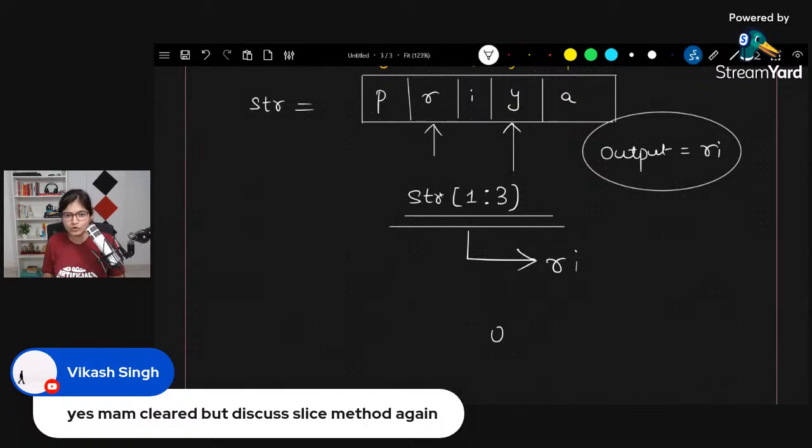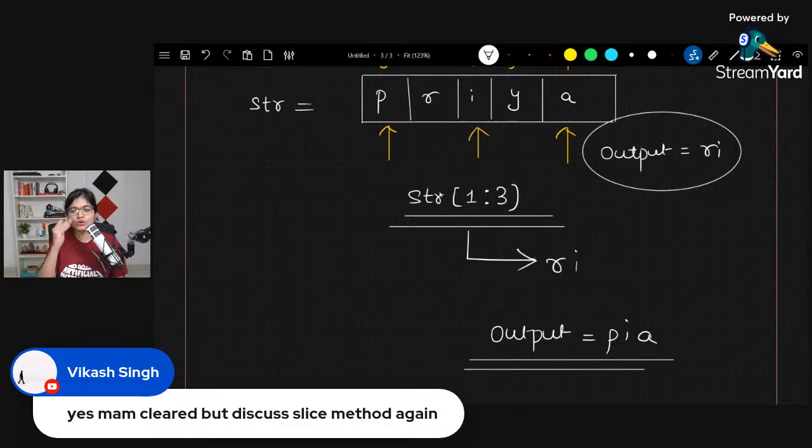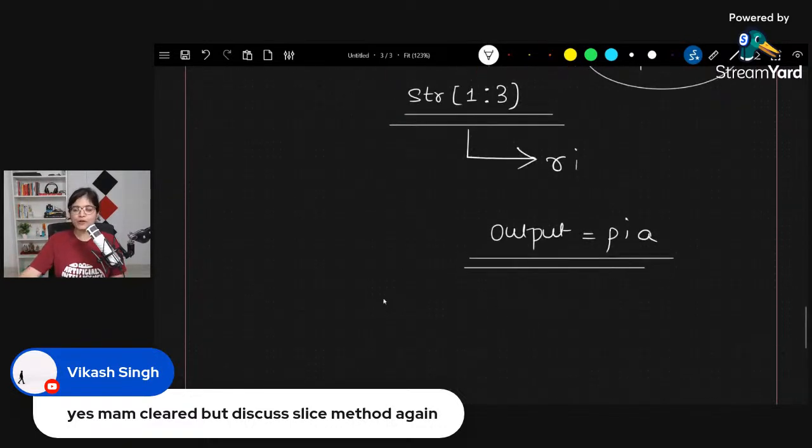सेकेंड इंपॉर्टेंट पॉइंट मैंने बताया था कि कई बार क्या होता है कि मान लो मुझे आउटपुट में एक एक कैरेक्टर को छोड़ के प्रिंट करवाना है। जैसे कि मैं चाहती हूं कि सबसे पहले पी प्रिंट हो, उसके बाद आई प्रिंट हो, उसके बाद ए प्रिंट हो। दिस इज हाउ बेसिकली आई वांट, एक एक कैरेक्टर को छोड़ के।